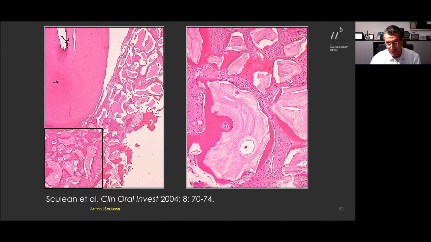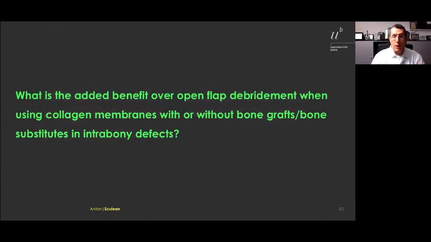I've shown you that not every grafting material is able to promote regeneration, but with a xenogenic, deproteinized bovine bone material, it is possible. And you can see here the formation of bone around the grafting particles. What is the added benefit of such a combination over open flap debridement? Okay,